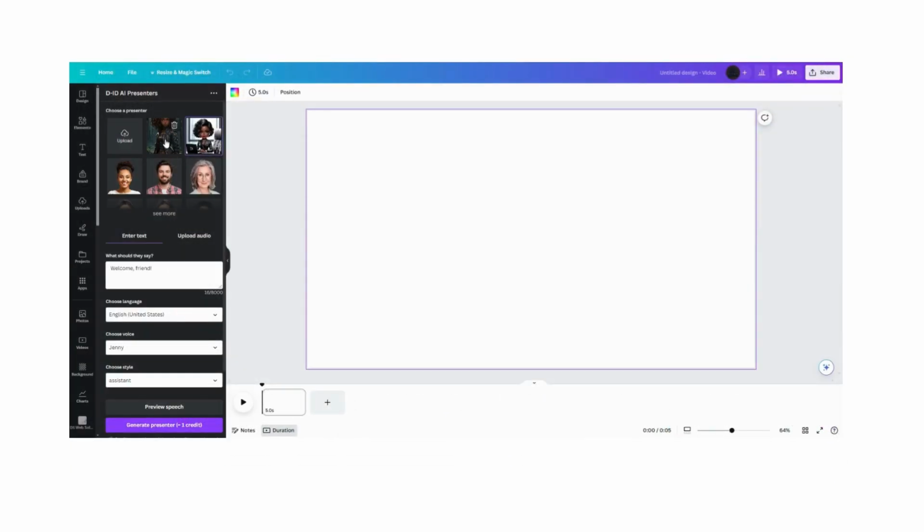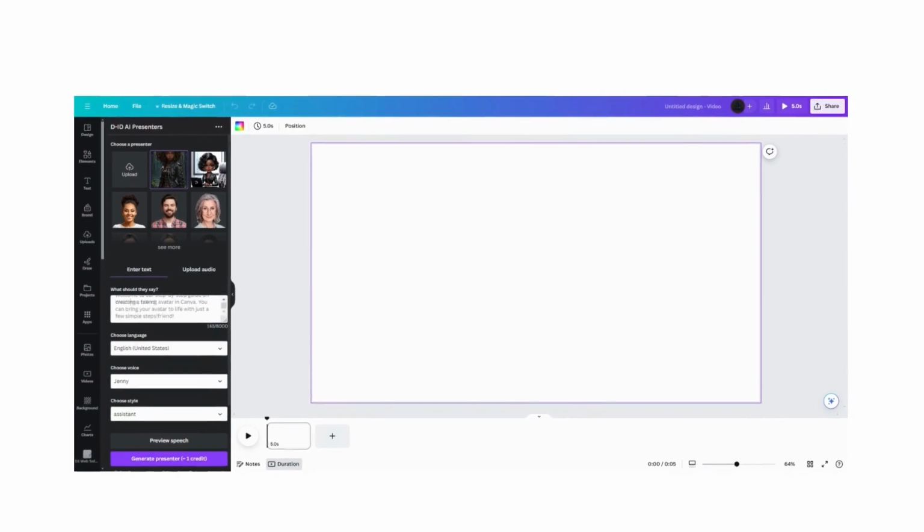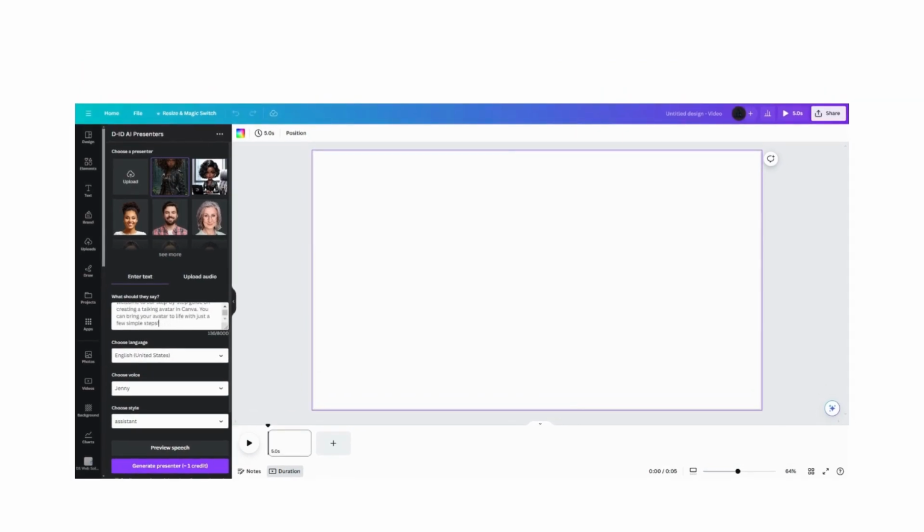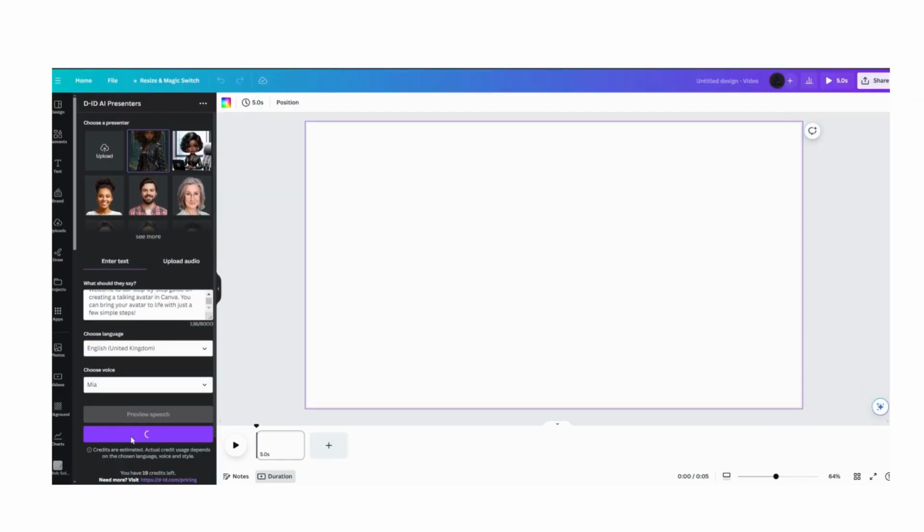In the DIDAI Presenters app, you can upload an image or choose from the many templates. In this example, we are going to upload an image that we created in another Leonardo AI app. If you do not have an image for now, choose from the list of avatars. If you have an image you would like to use, click on the upload icon and browse to where you